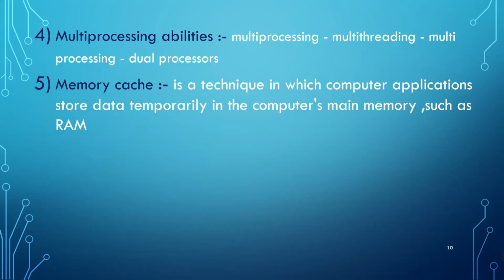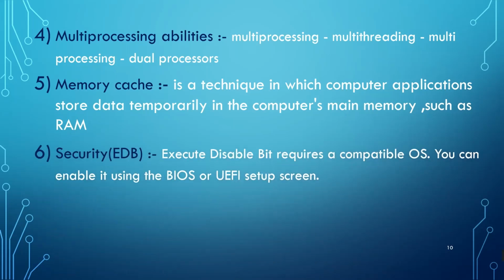Memory cache is a technique in which computer applications store data temporarily in the computer's main memory, such as RAM. Next point, security. EDB, execute disable bit, requires a compatible OS. You can enable it using the BIOS or